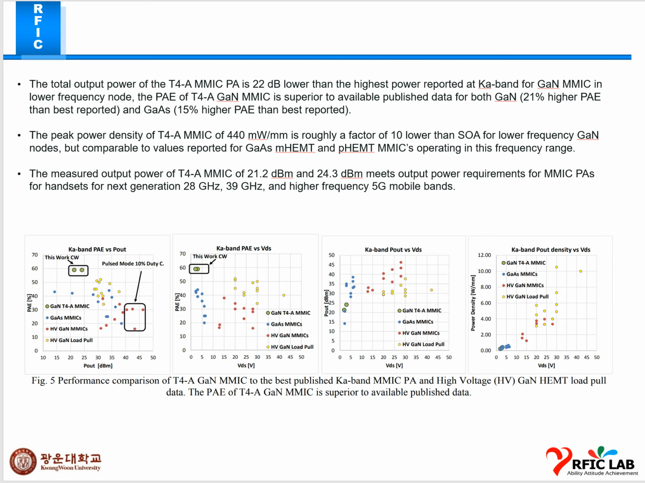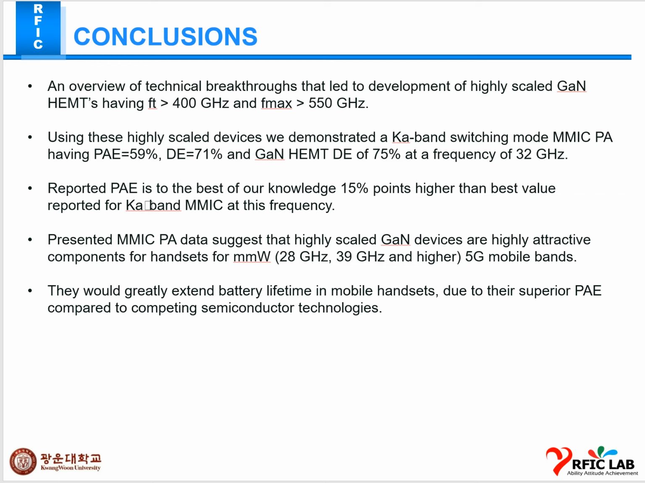Next, I'm going to conclude this paper. In this, the technology breakthrough leads to the development of highly scaled GaN HEMTs having FT greater than 400 gigahertz and Fmax greater than 550 gigahertz. This is a highly scaled device. K-band switching mode MMIC PA having PAE 59%, DE 71%, and GaN HEMT DE 75% at a frequency of 32 gigahertz, and the reported PAE is, to the best of our knowledge,